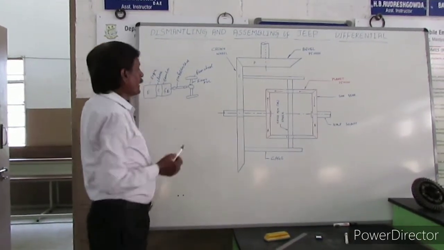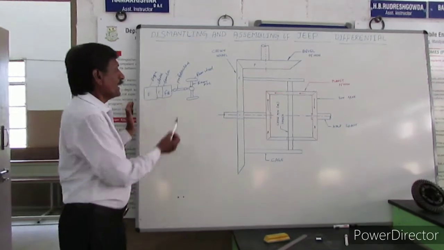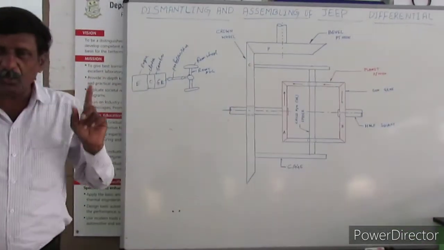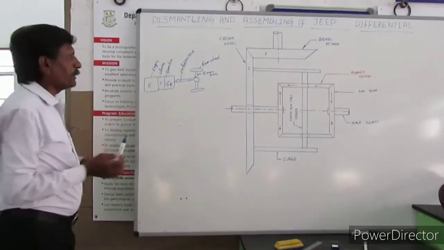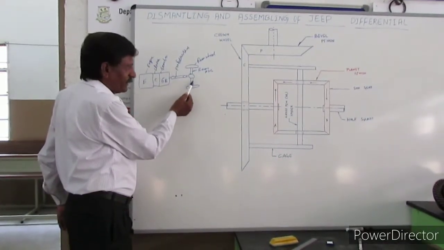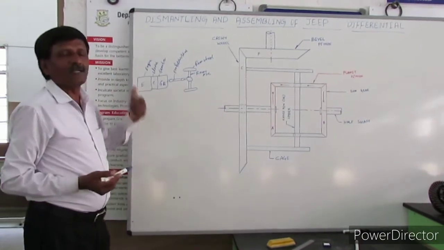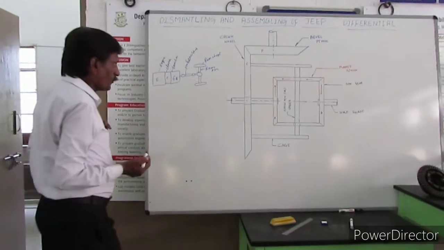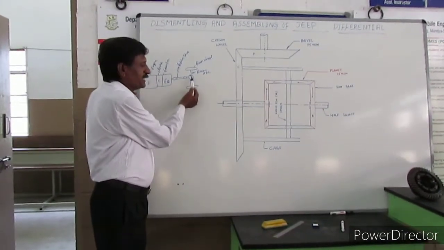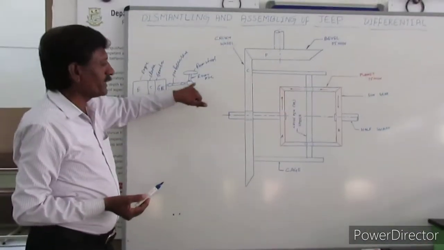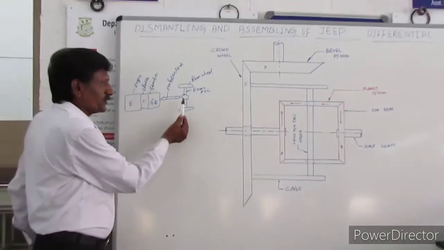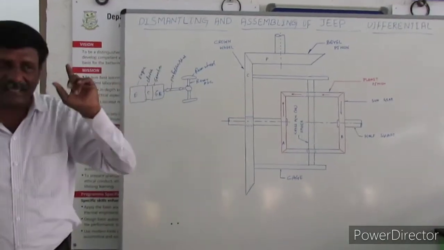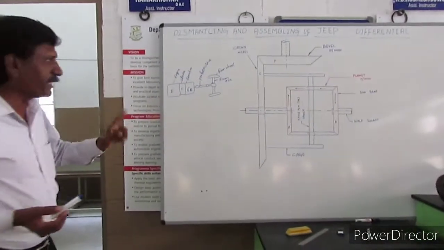Then after that, the power is transmitted to the rear axle, and here the propeller shaft and the rear axle are perpendicular to each other. Whenever we want to transmit the power from the driving to the driven member, when they are perpendicular, then normally we are using a pinion, that is the bevel pinion, and the crown wheel. But if we use a bevel pinion and crown wheel, in between these two there is a permanent reduction in speed between the driving and driven member.